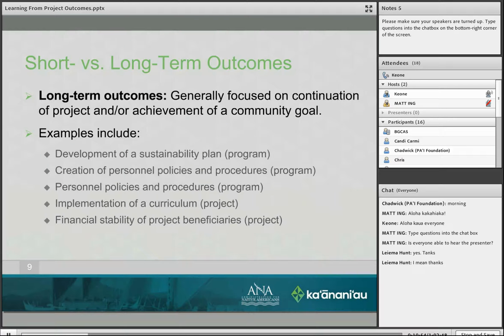Within the long term outcomes, you'll see that the majority are program focused and some implications into the projects. So that really is how it should work. A lot of the long term outcomes are really focused on the continuation of the organization's ability to achieve the community goal. Whether or not that includes a project, that really is dependent on the project that you're doing.